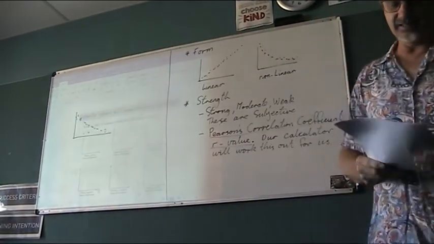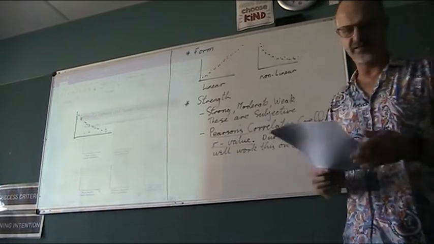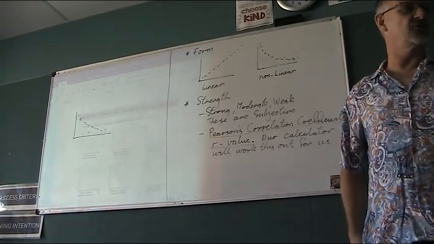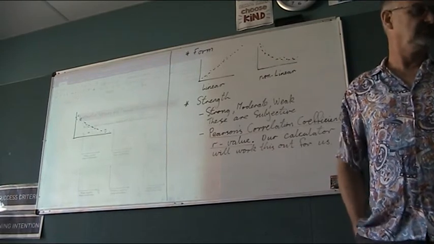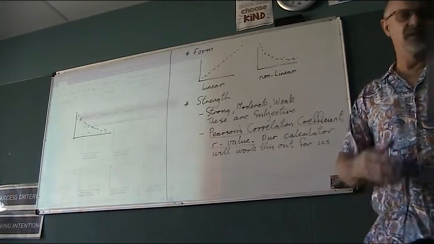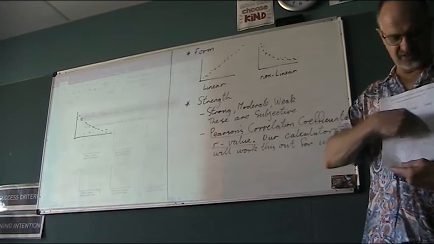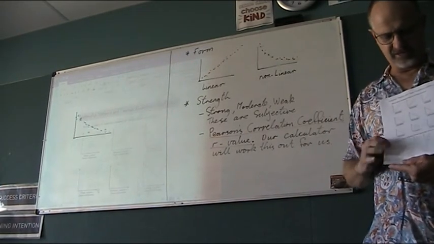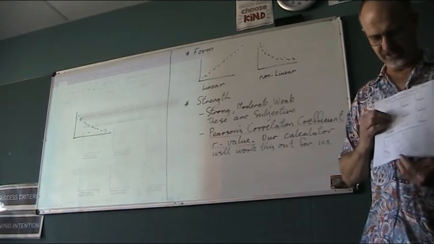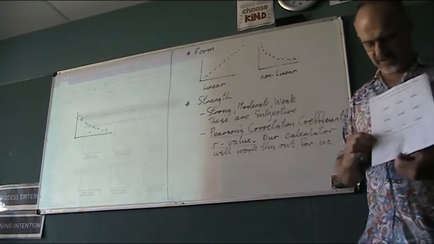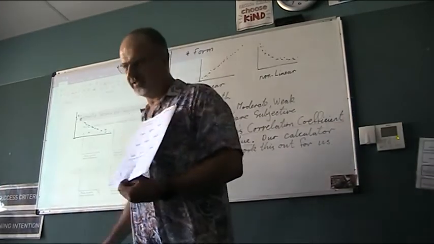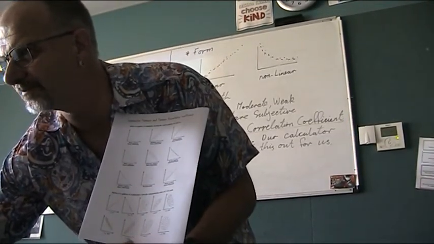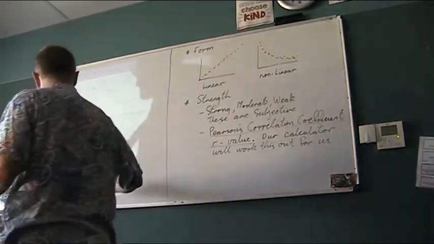All right, so this document here, stick it in your bound reference, gives you a bit of an indication of what's strong, what's weak, what's no relationship. So description up the top, and down the bottom is these R values, Pearson's correlation coefficients. So these first two, let me scroll that document down. All right, so for Pearson,